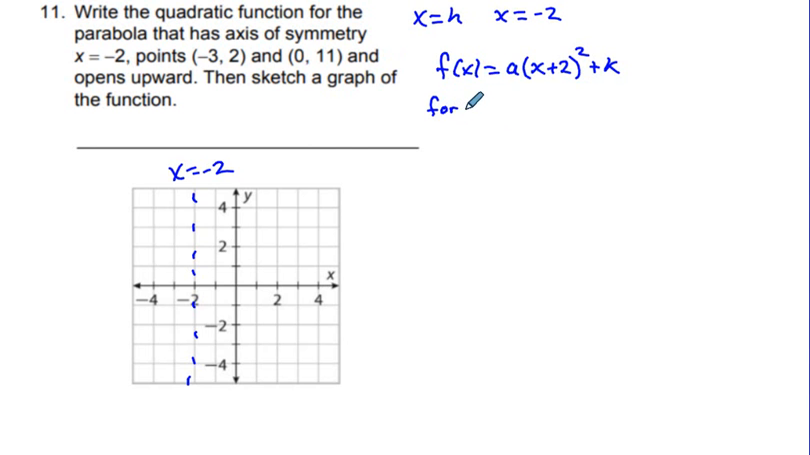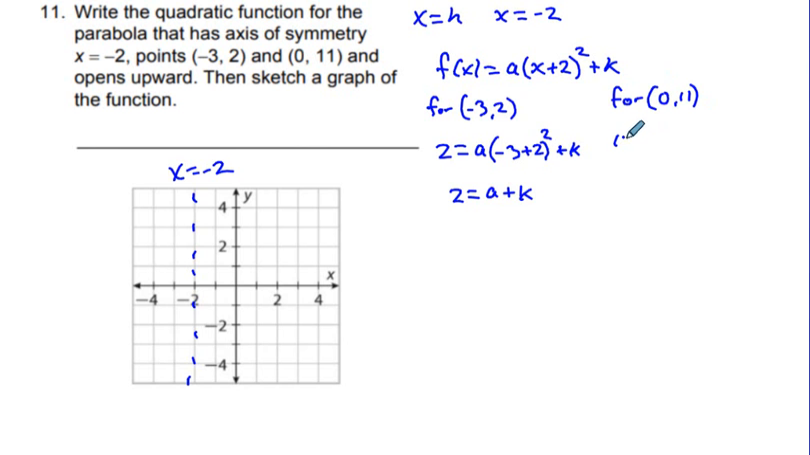So now we have 2 points to work with on this. I'm going to take first the first point, (-3, 2). We're going to have 2 is equal to a times (-3 plus 2) squared plus k. Simplifying down, -3 plus 2 is -1, and -1 squared is 1. So we're going to have 2 is equal to a plus k. Okay, next for (0, 11),